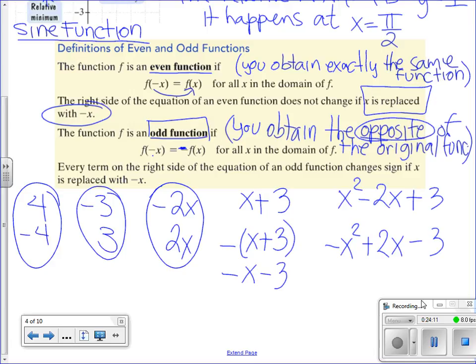Okay? Now, when something happens that we don't obtain exactly the same, or we don't obtain the exact opposite, then that is when we say that the function is neither. All right. So how